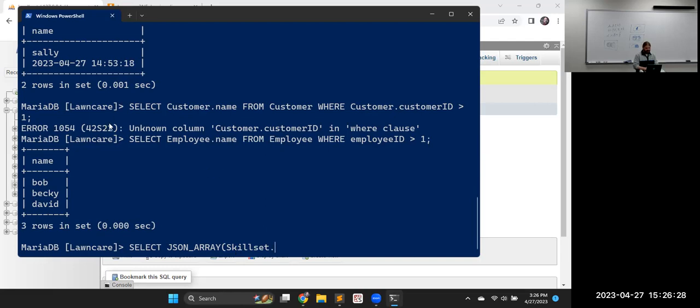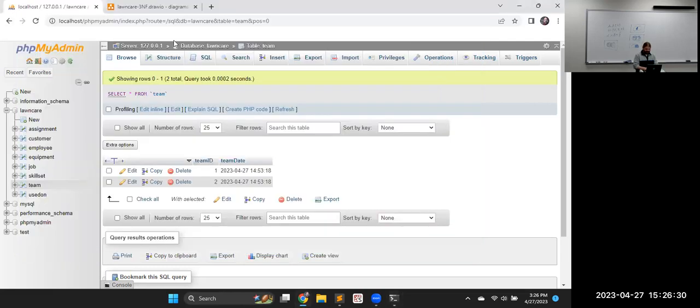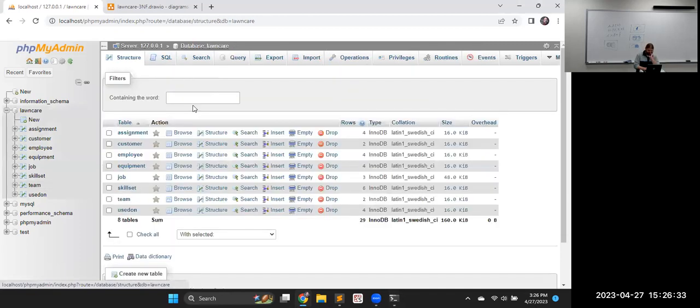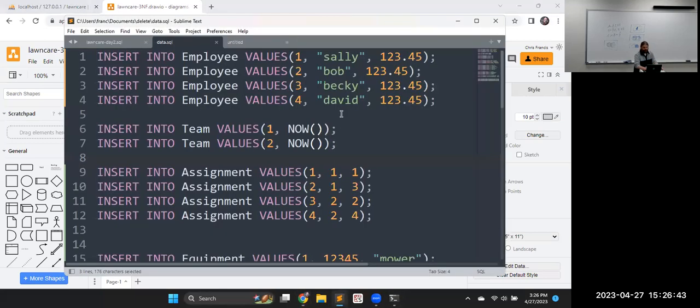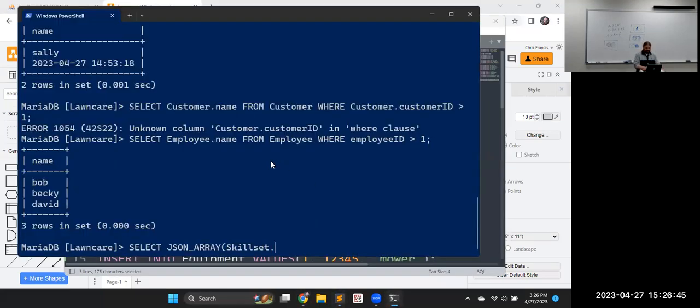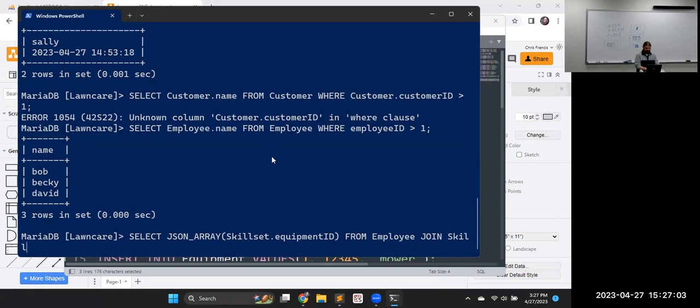I can't remember what I called it in the skill set table. Go look at it again. Oh, it's in the picture. Skill set. Yeah, the equipment ID. So I'll give us the equipment ID from employee joined with the skill set table,